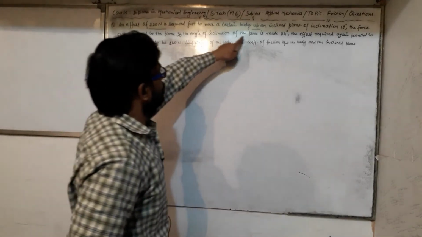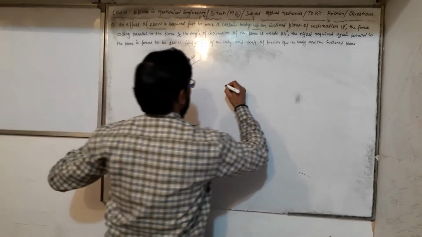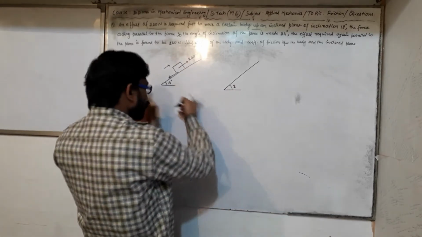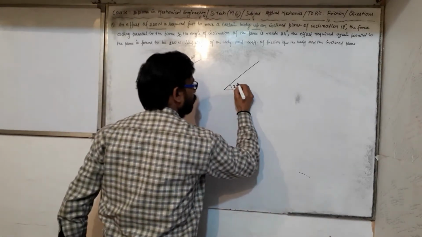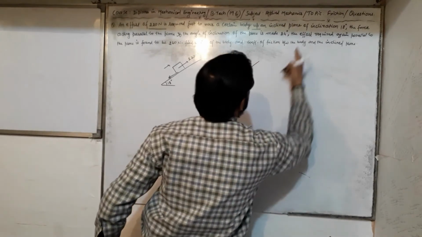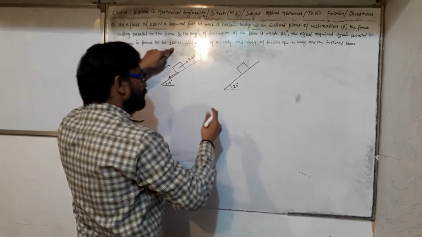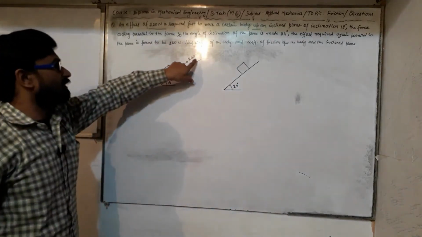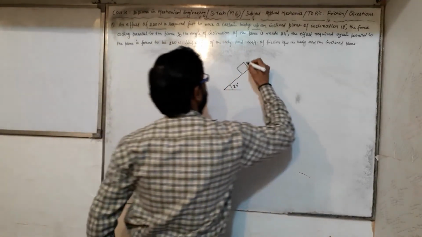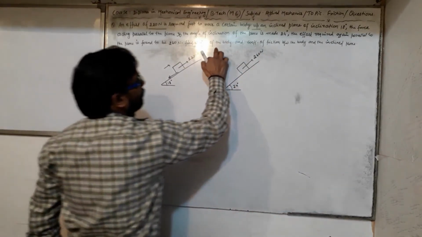If the angle of inclination of the plane is made 24 degree, means what? Another case is also given, when the inclined plane has an inclination more than 18 degree, that is 24 degree. Now the same body is here. The effort required again parallel to the plane is found to be 260 Newton. Means not 220 Newton is required here to move the body up, but the value has increased, as 260 Newton is required to move the body up.